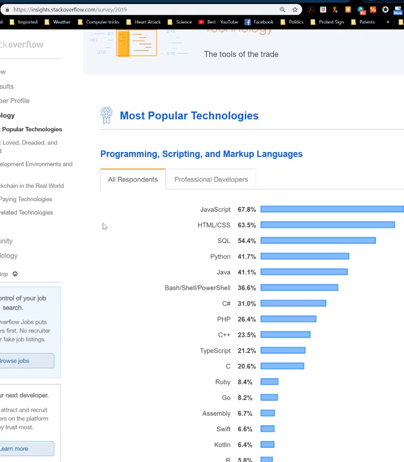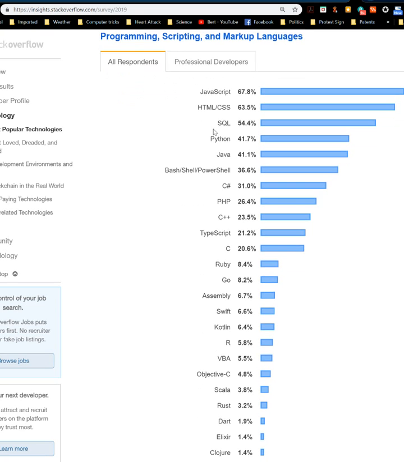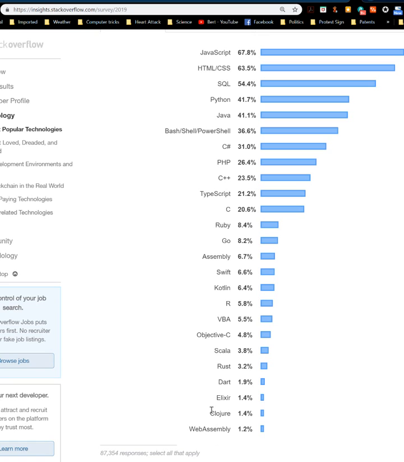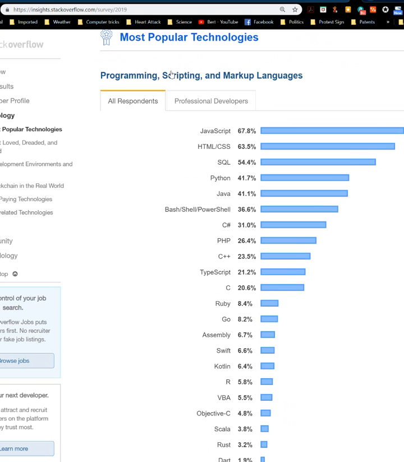Okay, most popular technologies. Now this is starting to get interesting. You can see that JavaScript is something that's really trending up, just like I'd figure. And you look at things like Clojure, that's not a very big part, but then again, there's just not a lot of demand for it. So there's a correlation here between demand and activity in it. In other words, things that are in higher demand, more people are going to be inclined to learn.